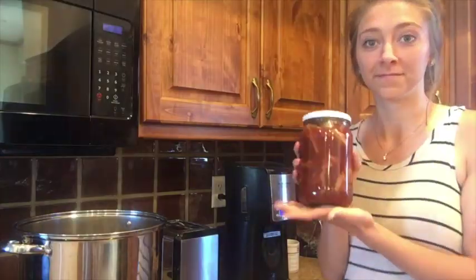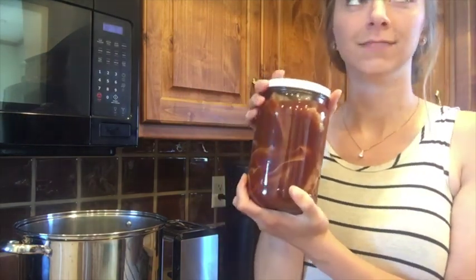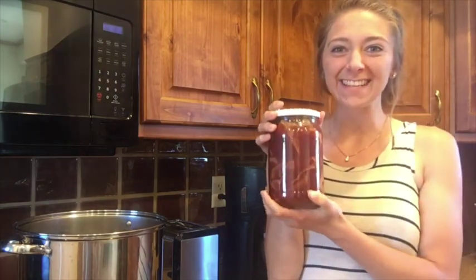Also, now I've secured the jar back onto my container. Now I've secured the lid back onto my container, and